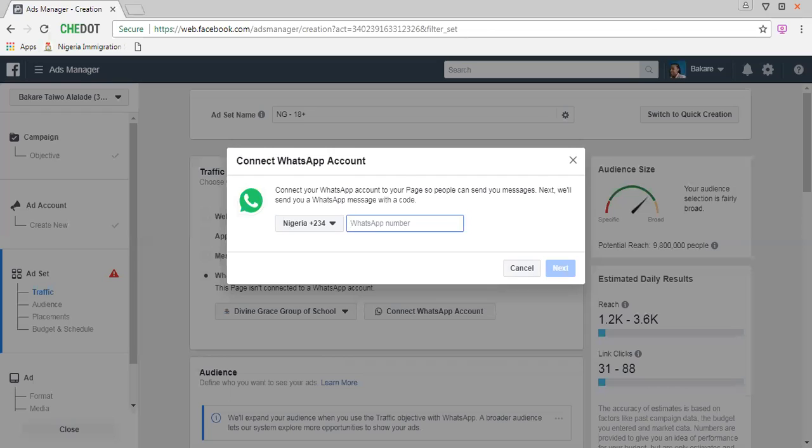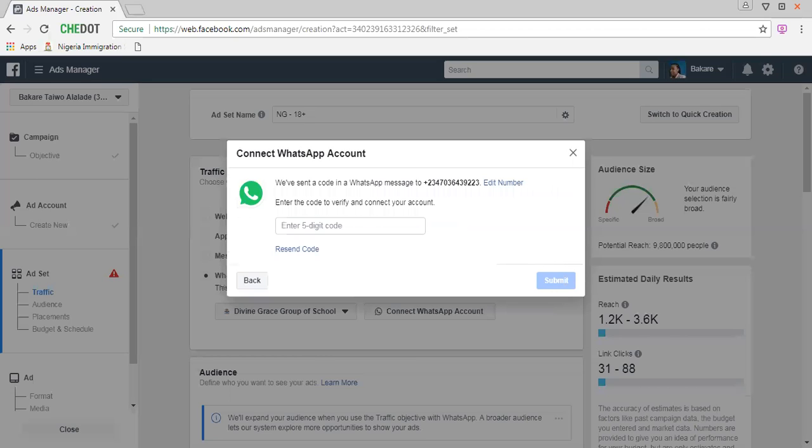So if the phone is beside you, just type the number that is sent to your WhatsApp into the box, and then click OK. But let me practice. Let me put in 036439223. Can you see now? I'll just say next. Now, can you see? It will send the code. Yes, I've already received the code. The code is on my WhatsApp. Let me bring it out.